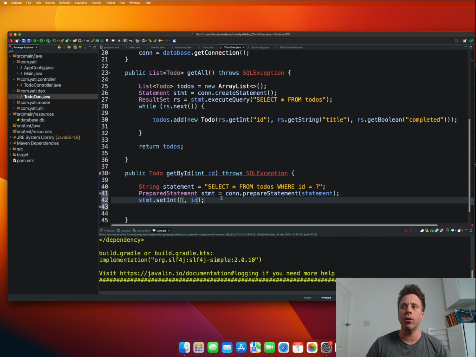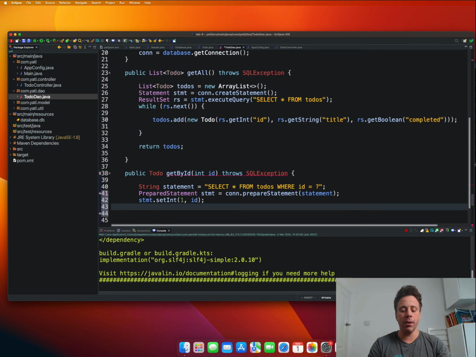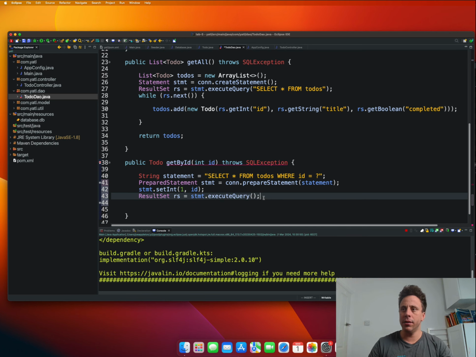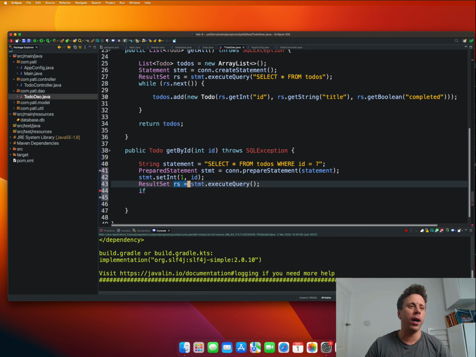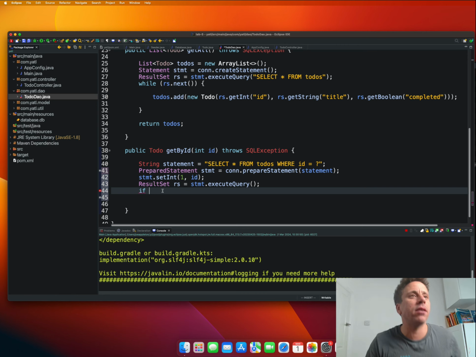So that sets the statement up for us, and now we can pretty much just grab a result set like we did before. ResultSet rs equals stmt dot execute query, and let's just check if we can do this. So this is going to hand back a pointer to our result set, but there should only be one result. So I don't have to iterate across